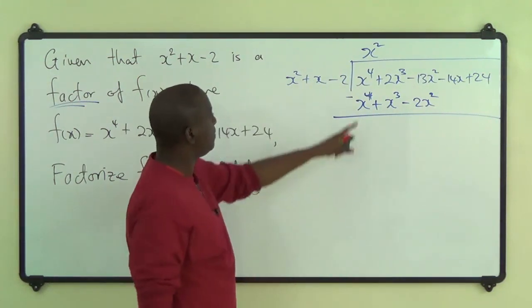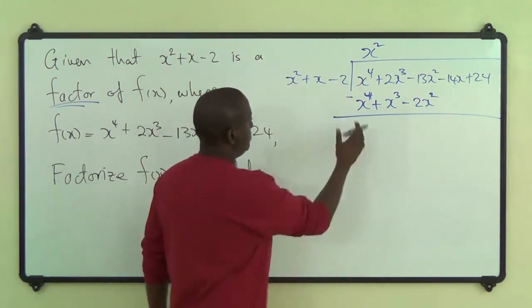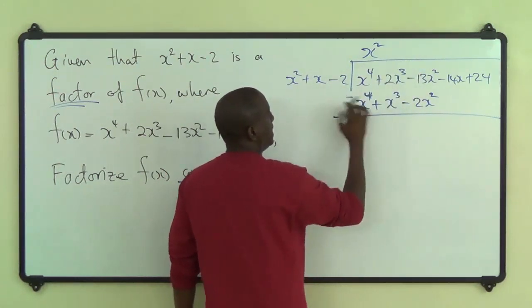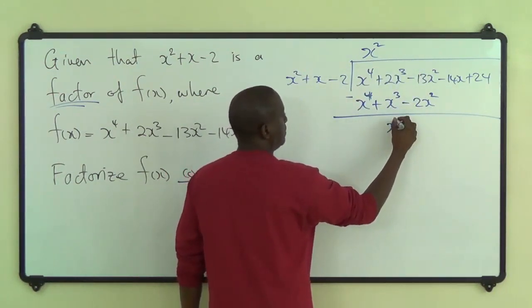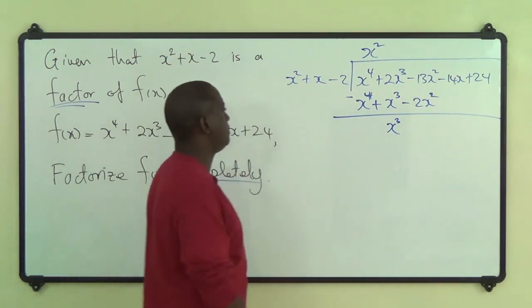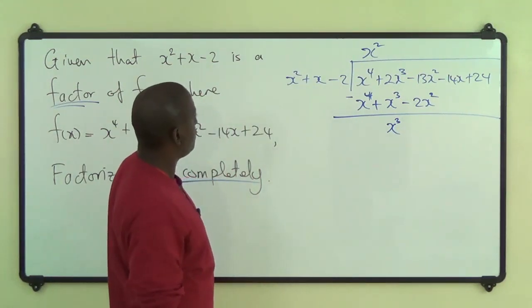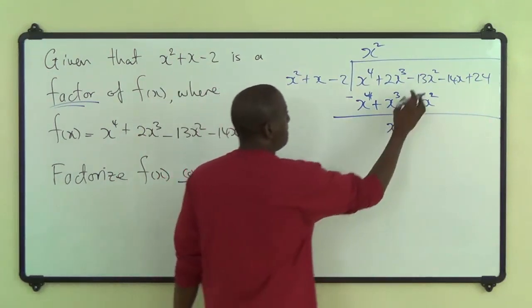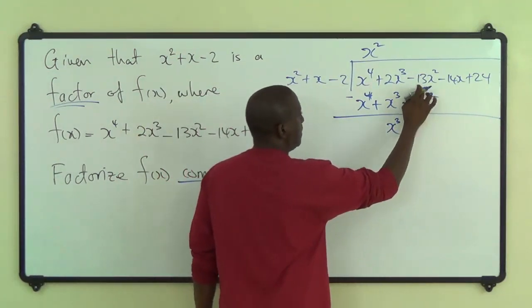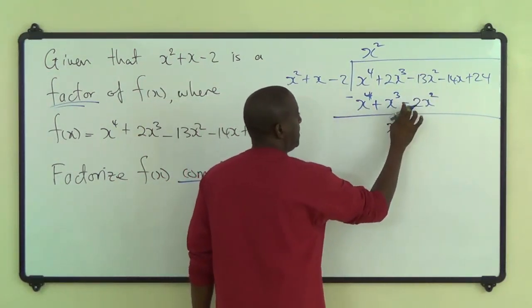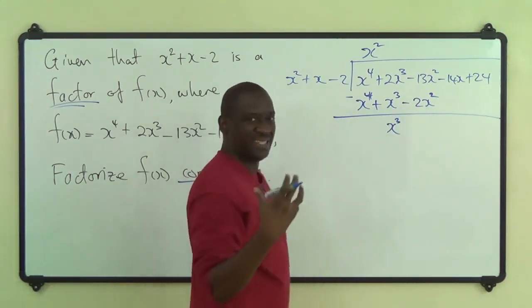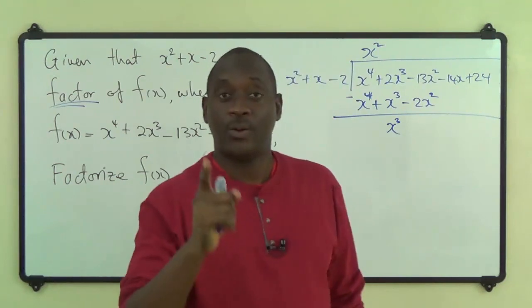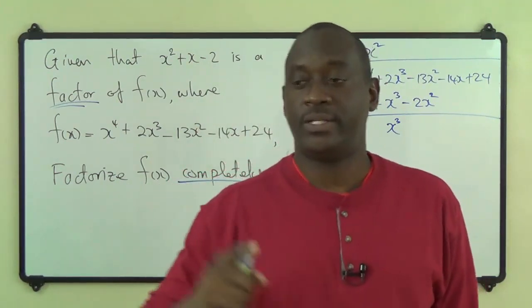So we minus it now. So x^4 minus x^4 is 0. 2x cubed minus x cubed is 1x cubed, right? Minus 13 minus 2. Now at this stage, I will leave it up to you who are watching this video to take your